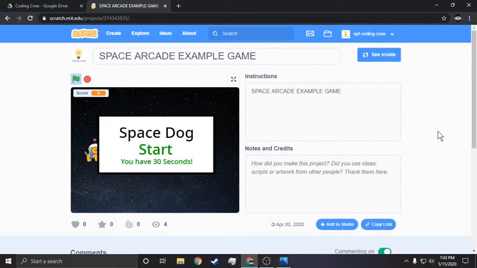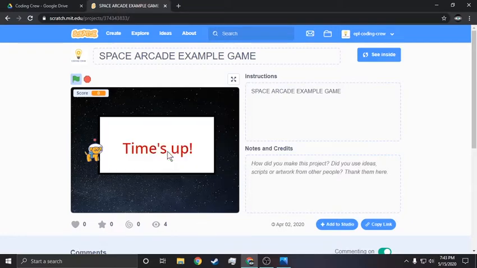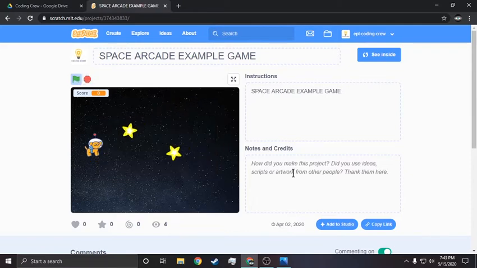Hello, today I'm going to be showing you how to make a space arcade game in Scratch. It's going to look a little something like this at the end. We have our little main character here, and when you hit the space bar, you'll have lasers that shoot from it, or any